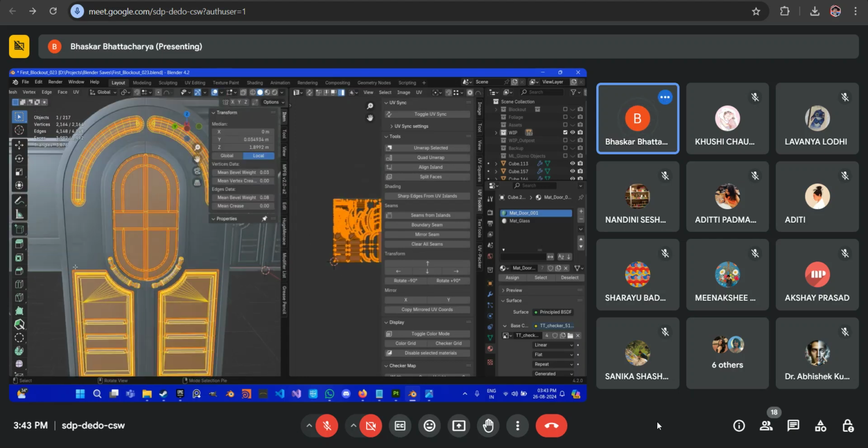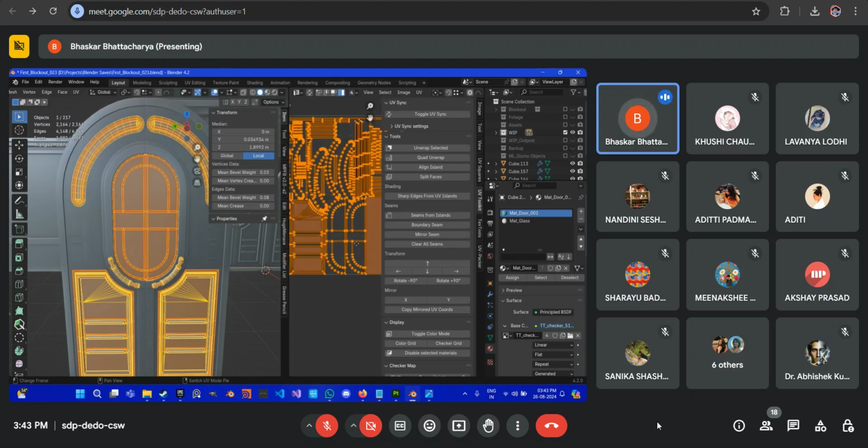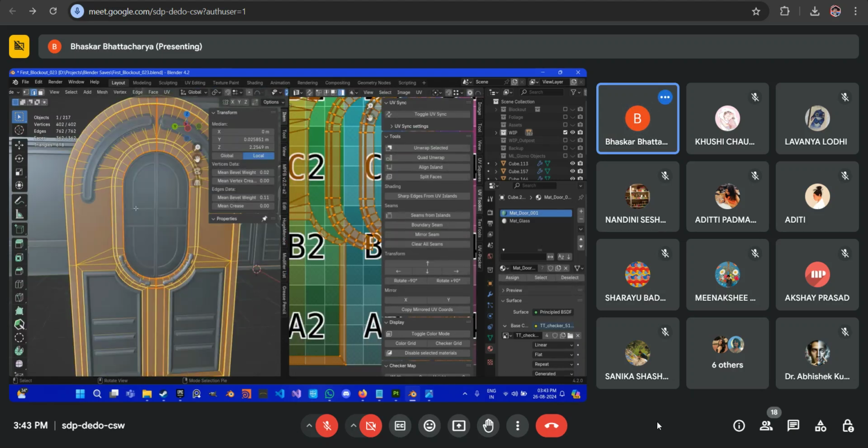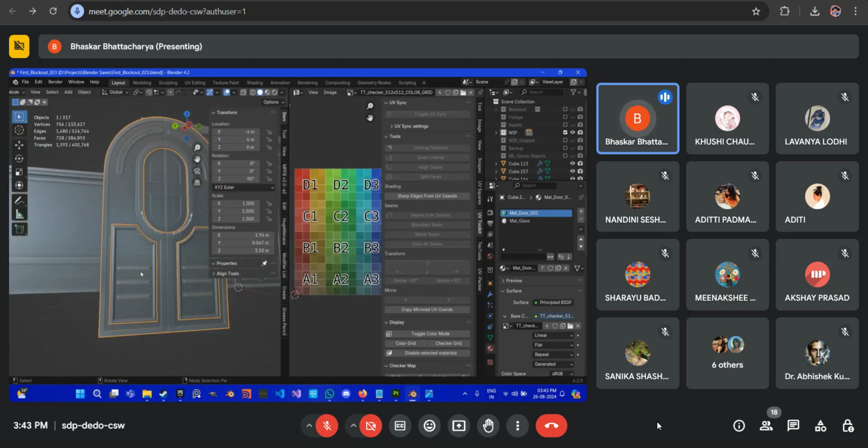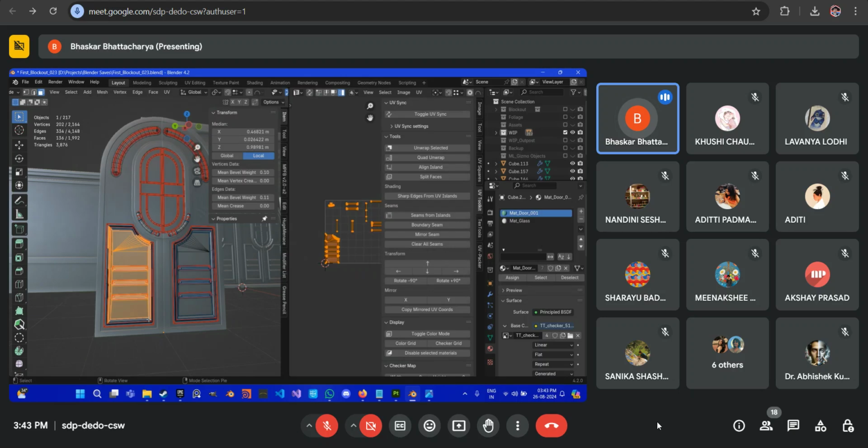So these all are sharing the UV space, and these faces are sharing the UV space, so that I can have the maximum amount of resolution. You can go further, like if you think, okay, these I can assign a different material and have their own UV space, you can do that. But again,